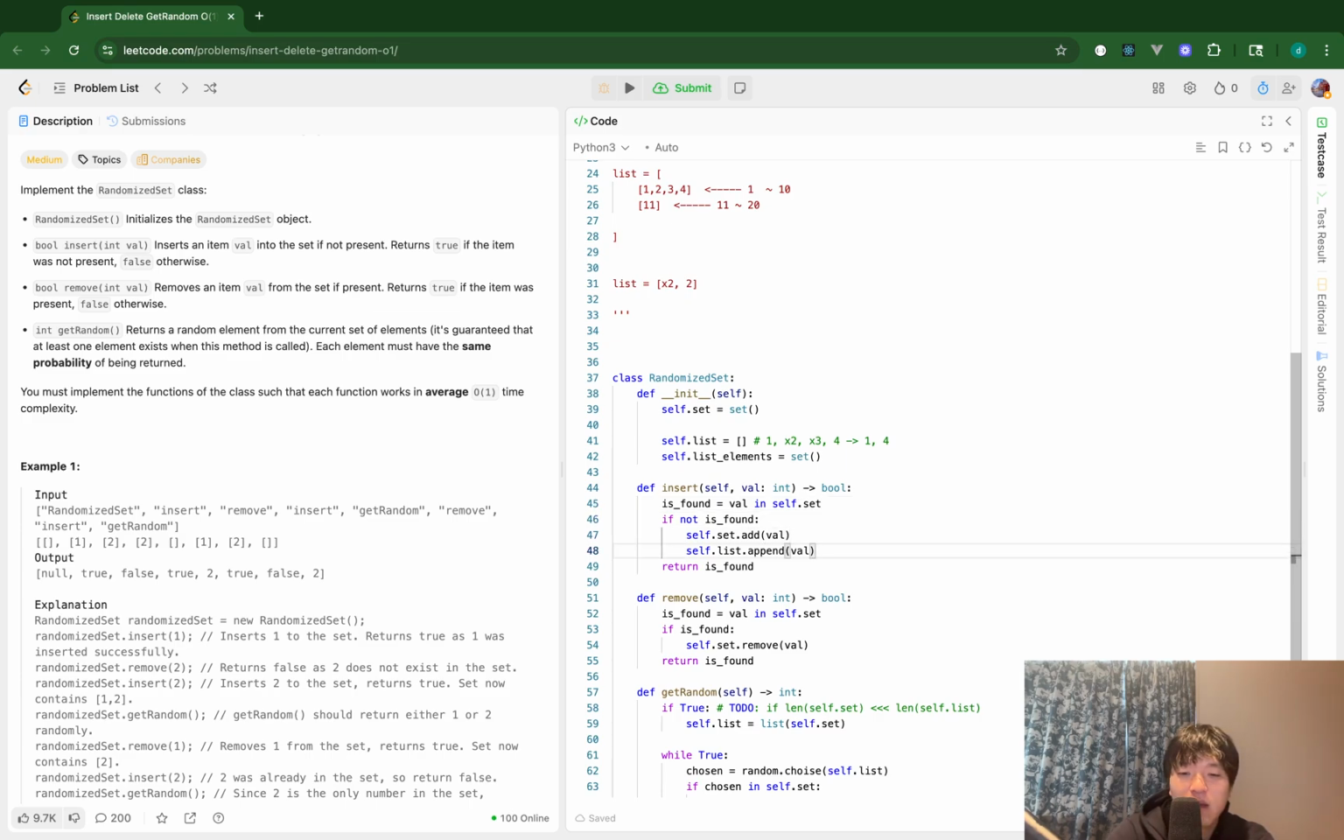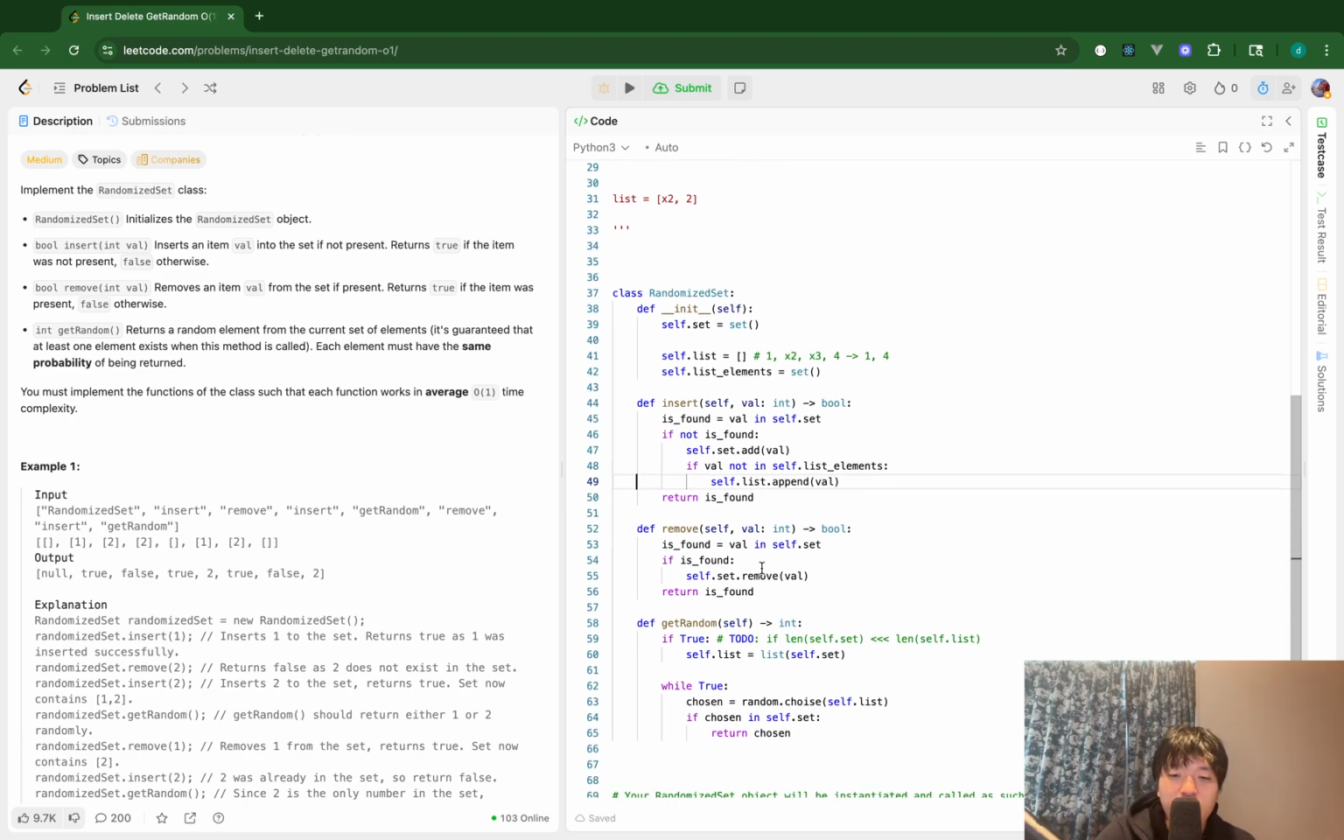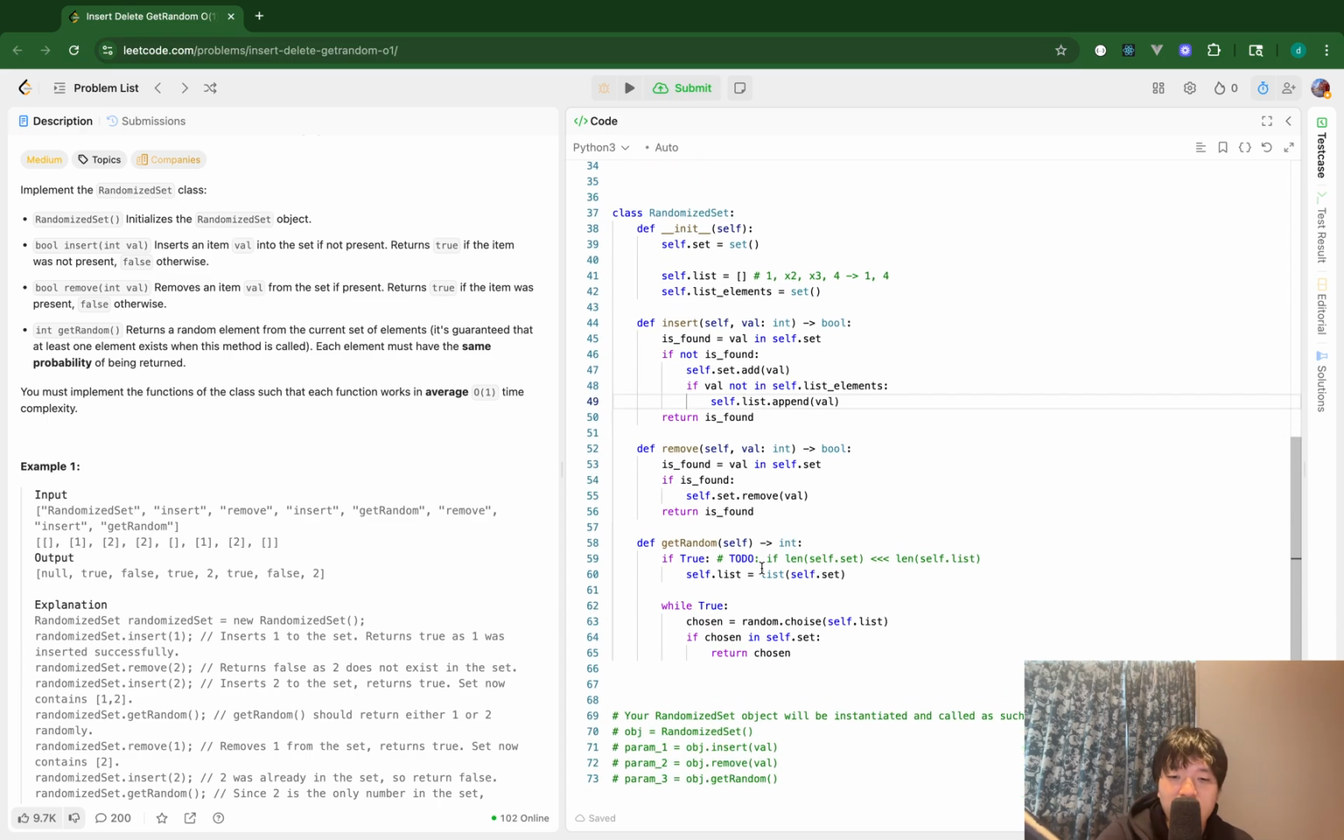So in this way, in the insert method, I will do it in this way. If the number is not in the list yet, I append it to the list. And for the remove method, I actually don't have to do anything. And in the GetRandom method, in the reinitialization of the list,